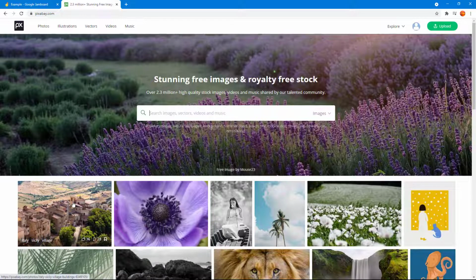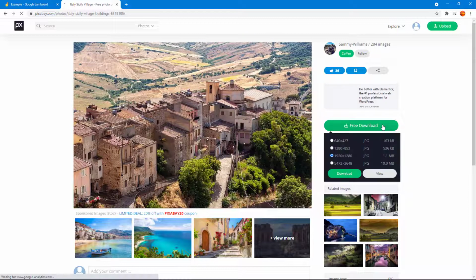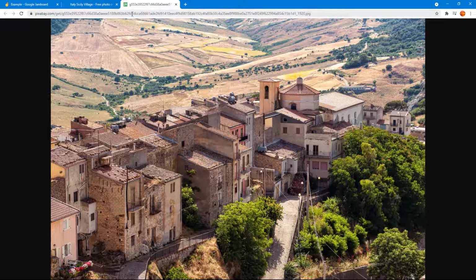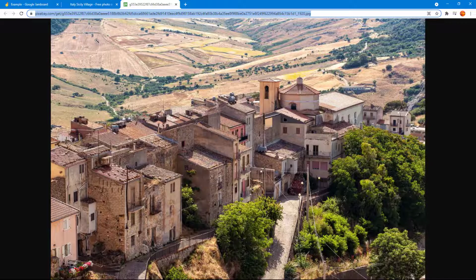So here you can see that I got an image. So let's say I want to insert this image over here on my Jamboard. I'm just going to copy its URL. So I'm just going to view it right here so that my image opens up in a new tab, and there you go, there's the image URL as you can see. I'm just going to right click and copy this, and then I'm going to go back over here in